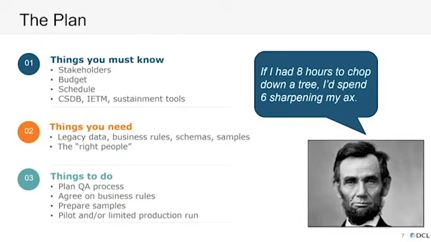And try to get your hands on as much legacy data as possible. You can start analyzing. You can look for any inconsistencies, detect many structures that could be challenging to migrate to S1000D. The more you have, the more accurate your analysis will be. You will also need access to the business rules and the schemas. And all of that is really critical for the analysis phase.